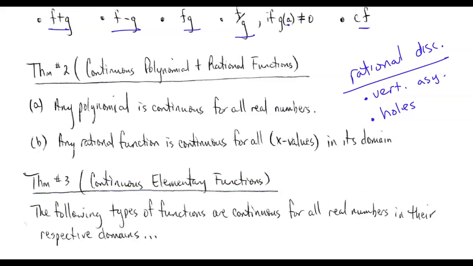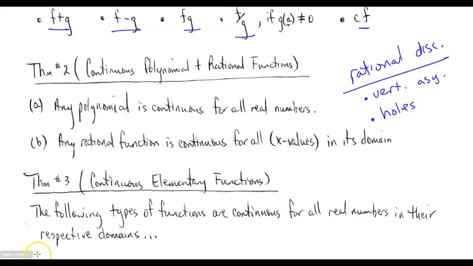All right, so theorem number 3 is going to be a build on of theorem number 2. With theorem number 2, we've said that polynomial functions are going to be continuous for all real numbers, and rational ones will be continuous everywhere in their domain. Well, theorem number 3 says that this concept could actually extend as far as functions being continuous everywhere in their domain